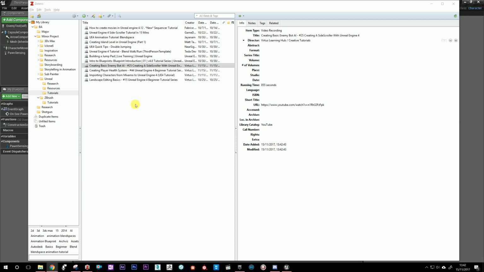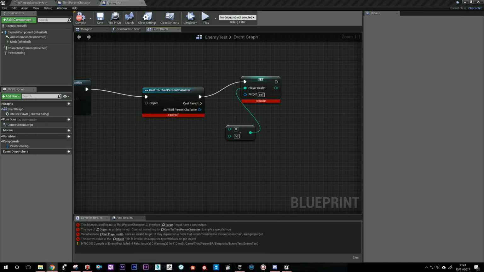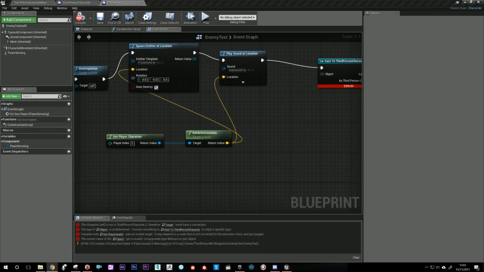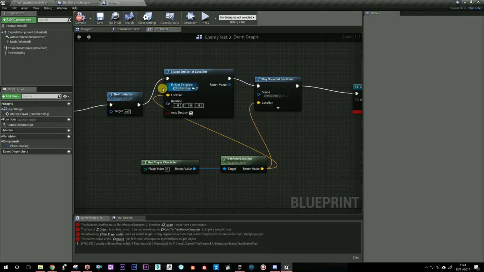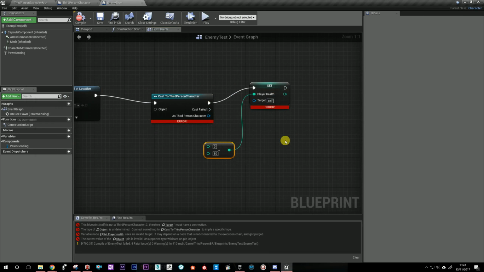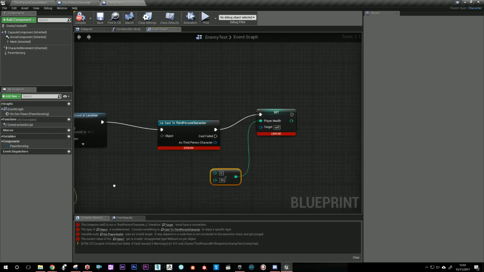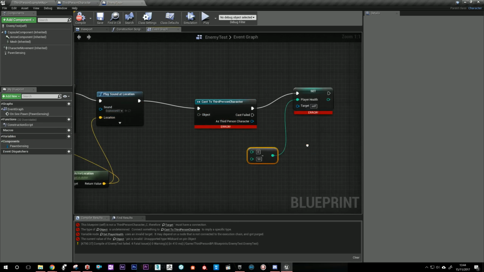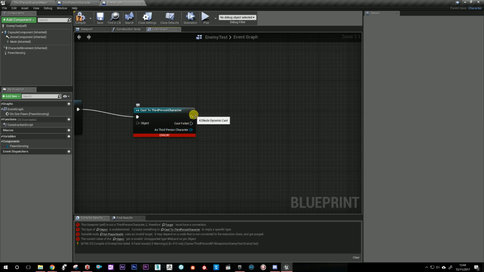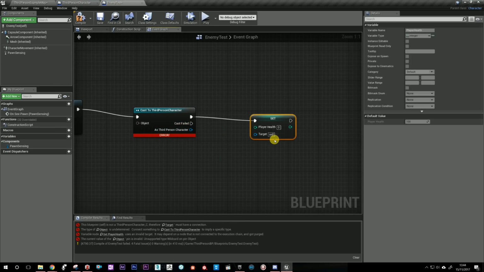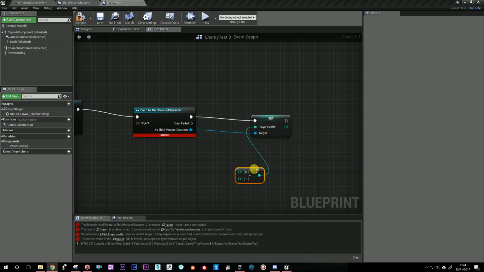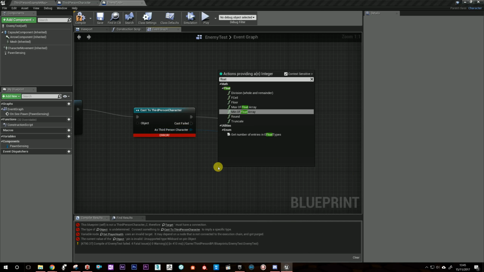This was me going through several other bits and pieces of tutorials while I was going. Most of the time I did pause it so that you don't have to sort of watch a screen like that, and I'm sort of commenting on things that are actually going on. So at the bottom you can see the compiler results actually tells me that there are sections of my blueprint that aren't going to function properly, which makes it really, really easy, especially when you're building it up at this stage. I'm not going too fast and I'm not changing too much stuff,